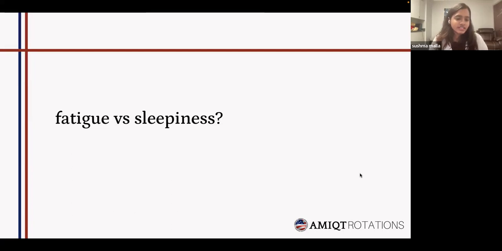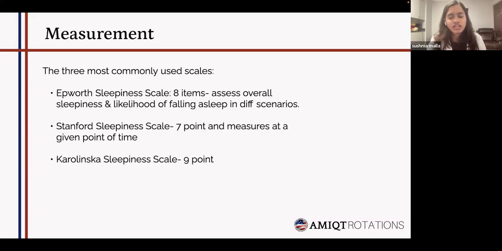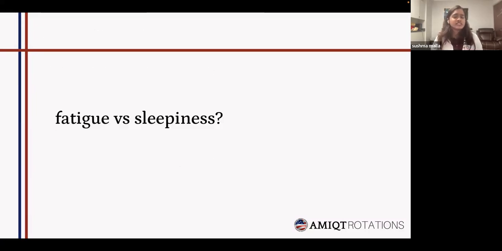Now, fatigue versus sleepiness. In clinical practice, we need to differentiate between these two, because patients often confuse fatigue and sleepiness. I do recall asking if they feel really sleepy in the daytime, and they would say, yeah, I feel pretty tired. So we need to understand the difference between fatigue and sleepiness. Fatigue is when they are generally not able to do physical activities that they might have done better before, or even mental activities like concentrating attention.